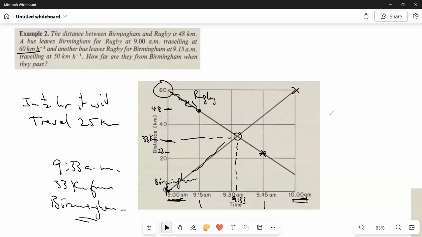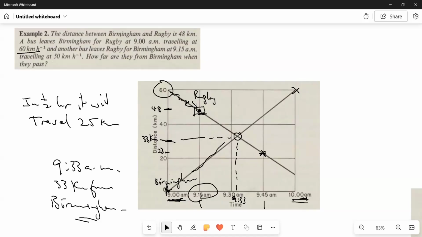Just to represent that bus, because nothing says that they can't go on traveling as well to other places, right? But let's just leave that. And then for the other one, which is a little more tricky, right? You can't start here. You have to start from somewhere up here, and you're going in the opposite direction, right? So at 9:15, this one is starting at 48 because Rugby is 48 km away from Birmingham,